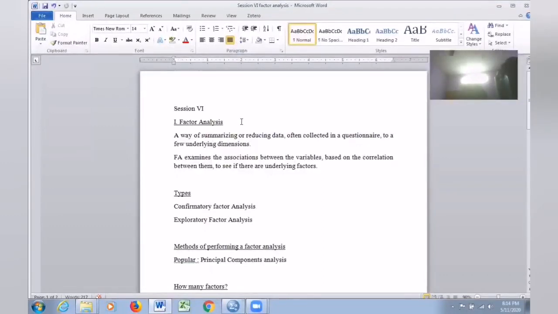See, I asked you many questions. Each and every question is a variable. For example, I asked you 15 questions, so there are 15 variables. I would like to classify, or reduce, these 15 variables into 3 or 4 groups. Each group will have a name, and each group will have a few factors which are related to one another, which are correlated to one another.